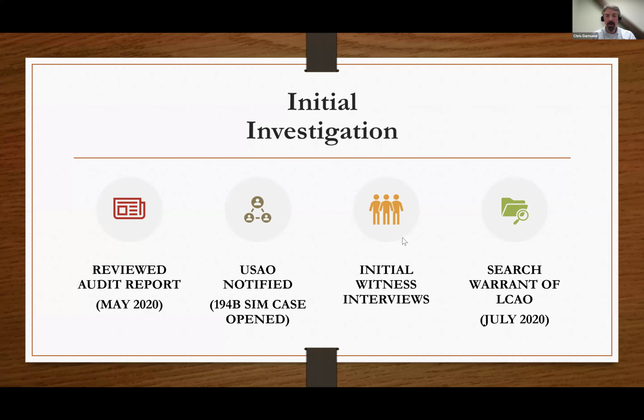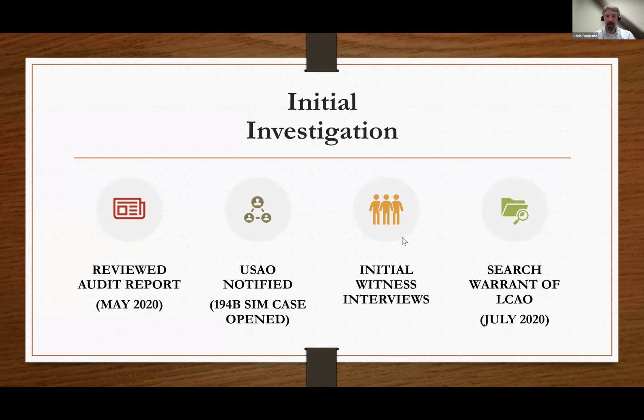So we spoke with our local U.S. Attorney's Office to see if they were interested in opening up a case. You see here, we opened up a 194 case, and this particular one is for public corruption at a local, state level, and then proceeded to try to interview some witnesses that would know more about what was